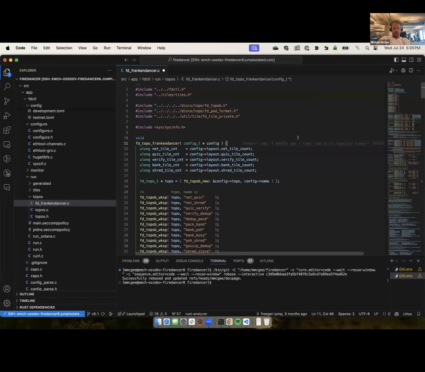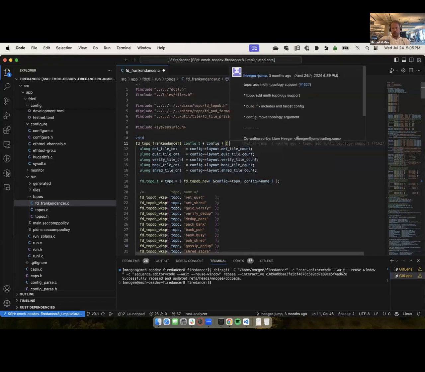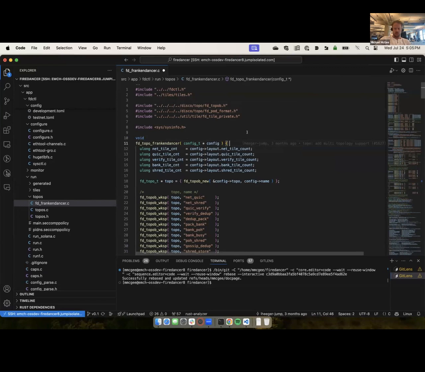Okay, so Firedancer produces one binary. It's called fdctl. Pretty much all of our commands are subcommands of that binary, so you pretty much just need to audit this one binary. And when we determined the scope of this audit contest, it's pretty much everything reachable in the production version of